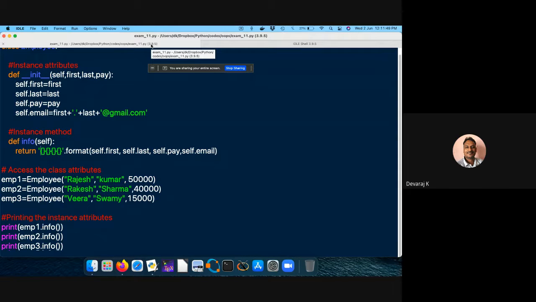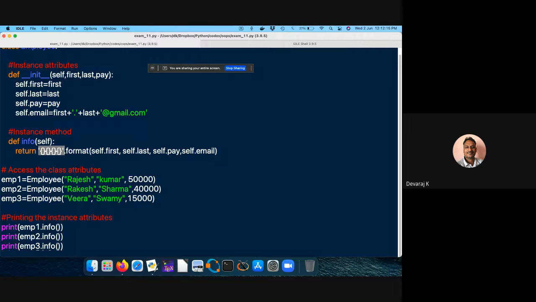Whenever I use this format method, I can insert values between this string. You can see I am using a string, and for this string I'm trying to format. The format method formats the values in the string.